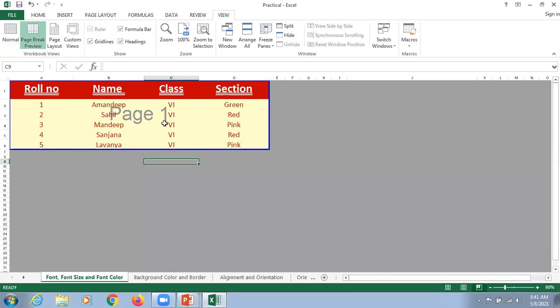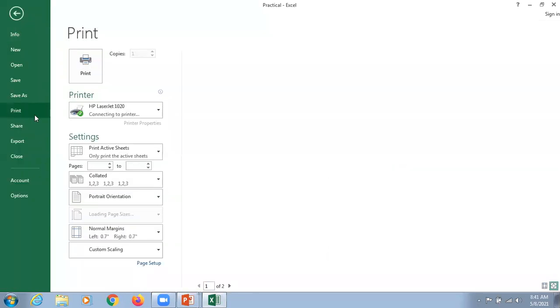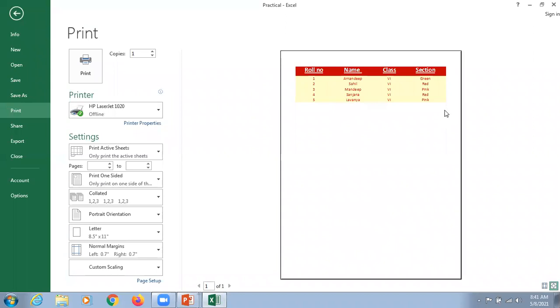Now we stretch it towards the forward direction. I'm just going to select this and stretch it like this. Then we click on File and then Print. And now, my dear respected students, all the content is visible on the screen.